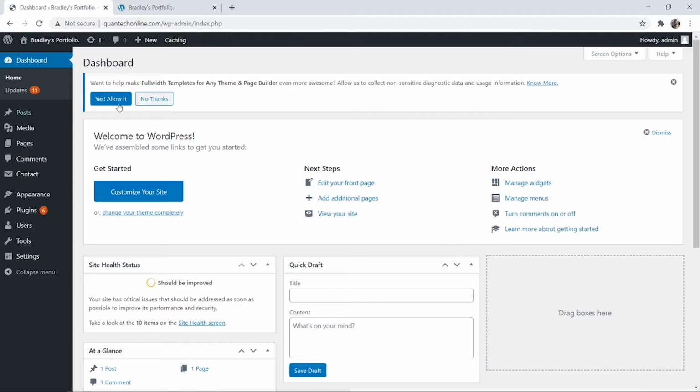So what you need to do is go to your WordPress dashboard and then go here to plugins and then